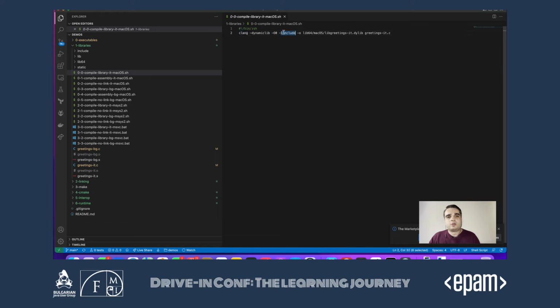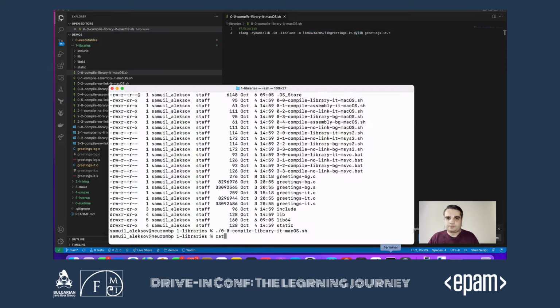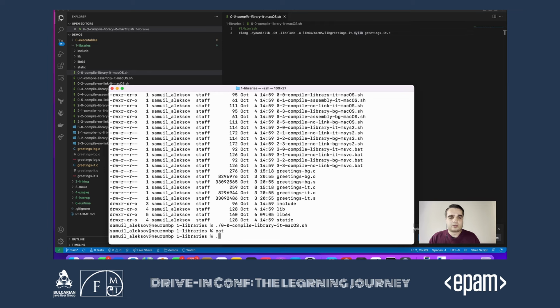We need to point it to our include directory, so where the headers are defined, so that when we actually compile the greetings-it compilation unit, it will look into the includes folder and find that specific header, and we say that we want to output this library in our lib64 folder. There is no official convention for this, but this is being followed for 64-bit applications now, apparently.